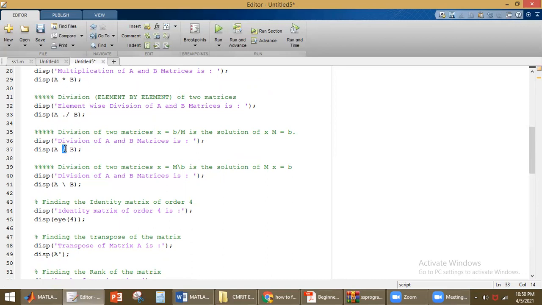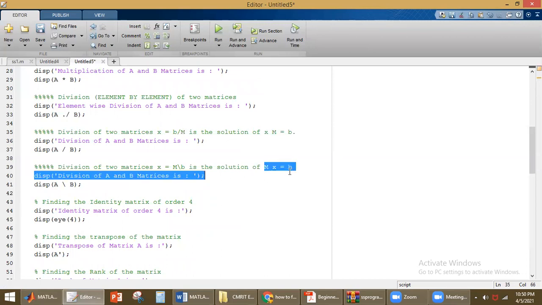There are two types of divisions, left division and right division. To perform left division, we use the left slash, and to perform right division, we use the right slash. What is the difference here? If x is the variable defined in the equation like this, x m is equal to b, to find the value of x, we have to use left division.